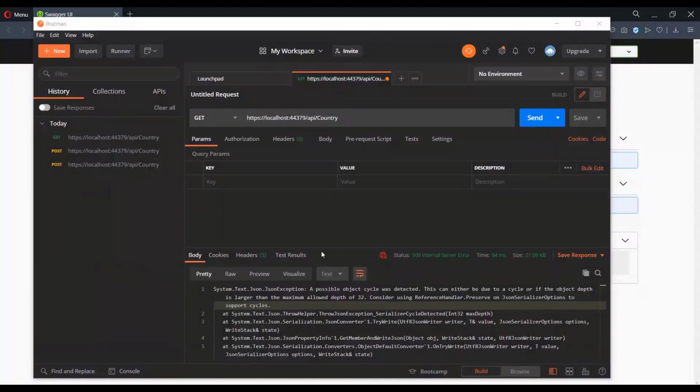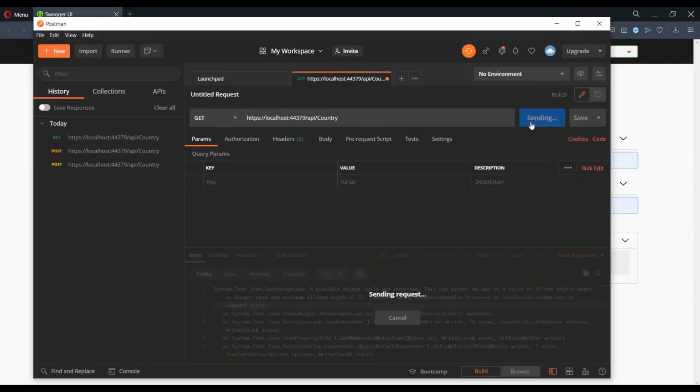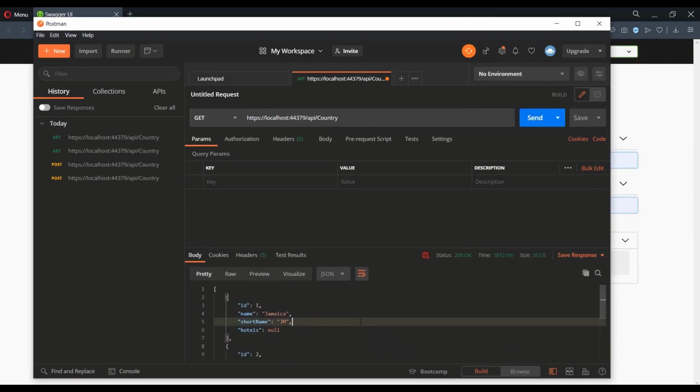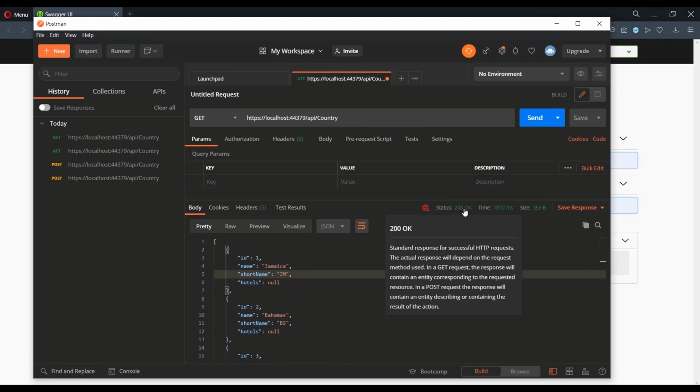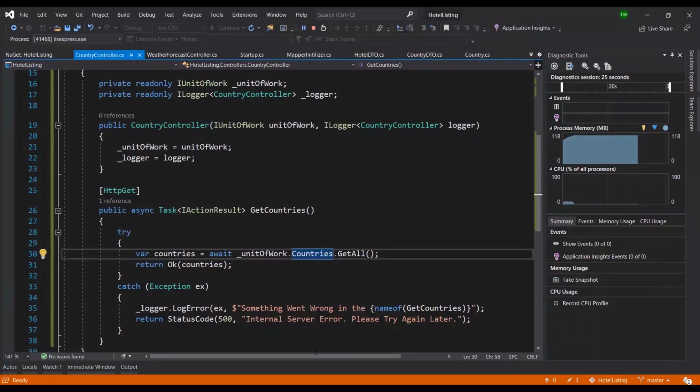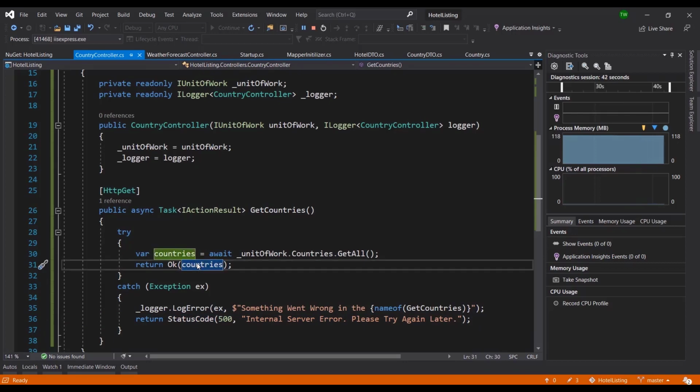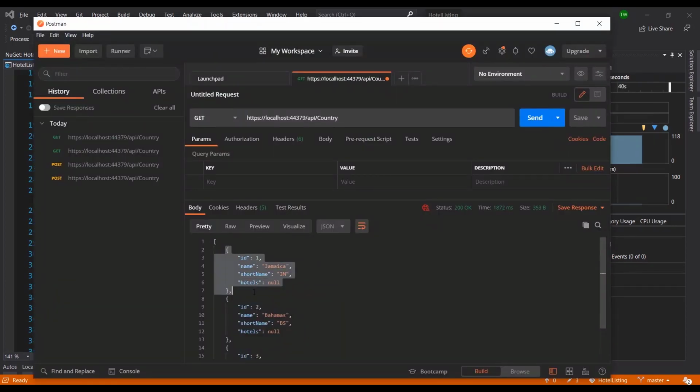All right, so going back to Postman, we're going to try and send one more. And this looks a little bit better. There we go. Status 200, okay. All right, so once again, our status 200 is a universal sign that everything is okay. And instead of us having to say status code 200, they just gave us a method for it. Unfortunately, they don't have a method for the 500, or at least I haven't seen one as yet. So that is why this one looks that way, and we can just say Ok with the data to be returned, and it will automatically be serialized into,